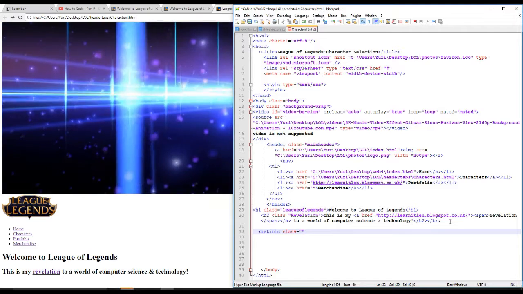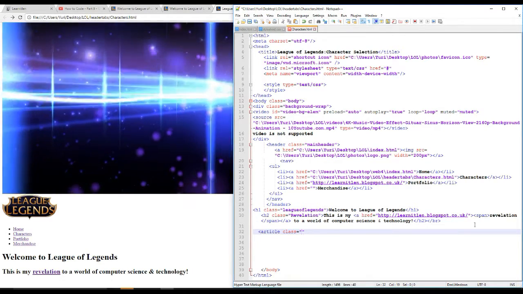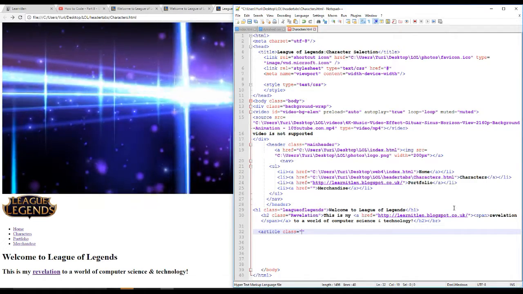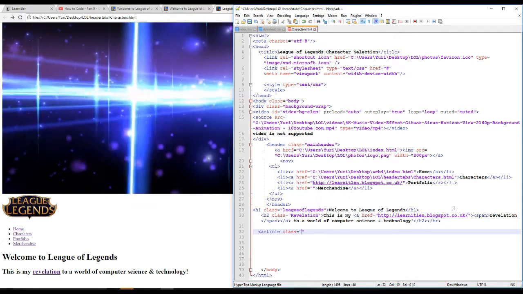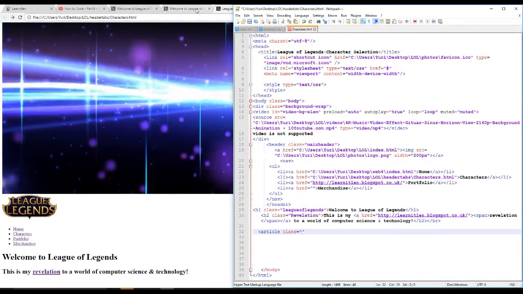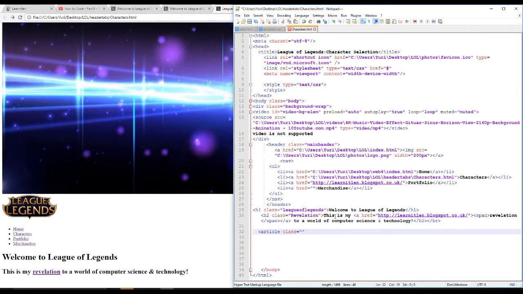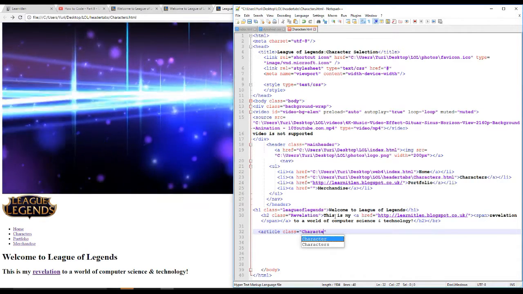Alright, so my previous website, if you remember from the very first episode when I showed it to you, it's going to have different characters from League of Legends, if you've ever seen that game. So I'm going to call it character